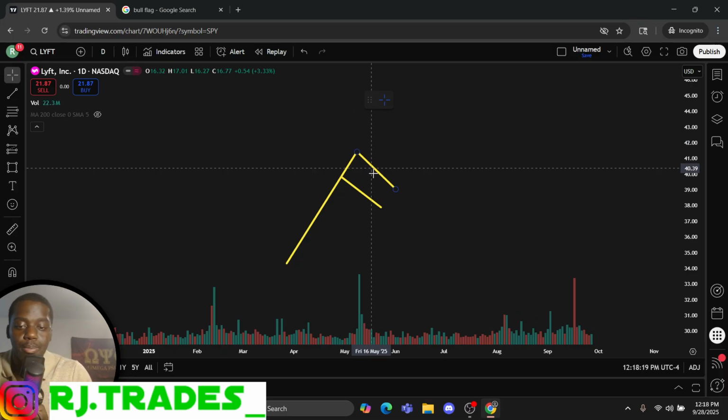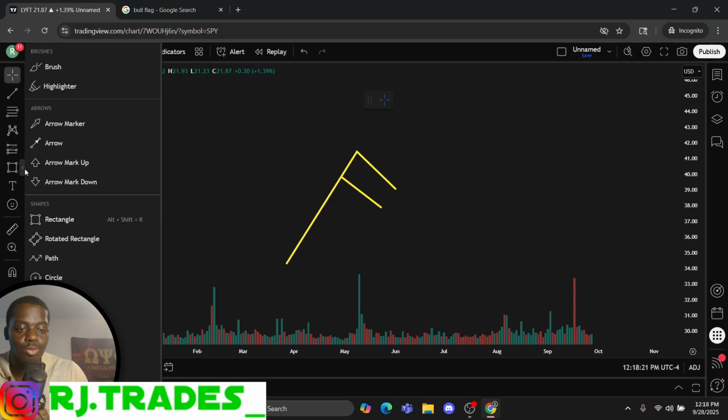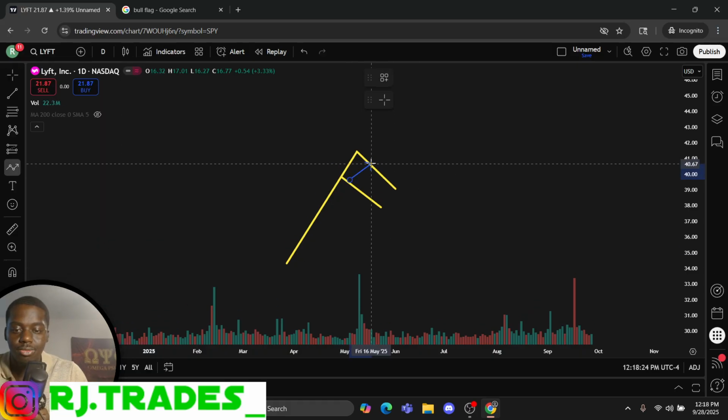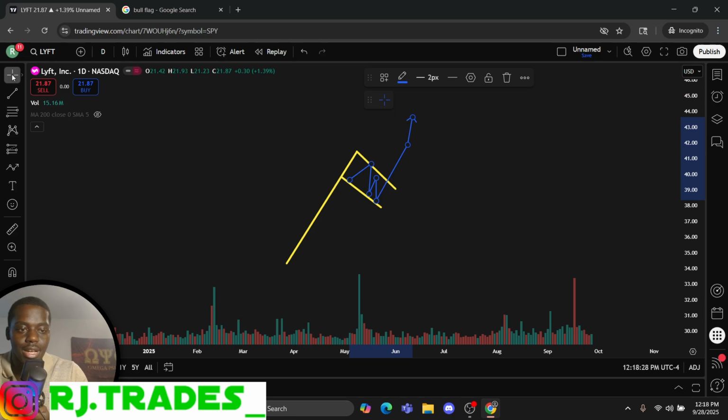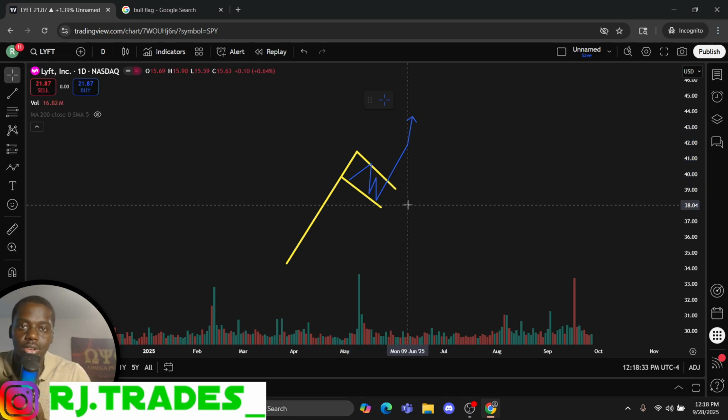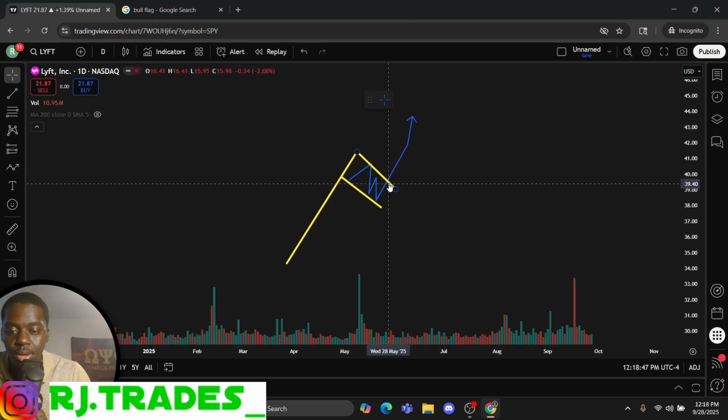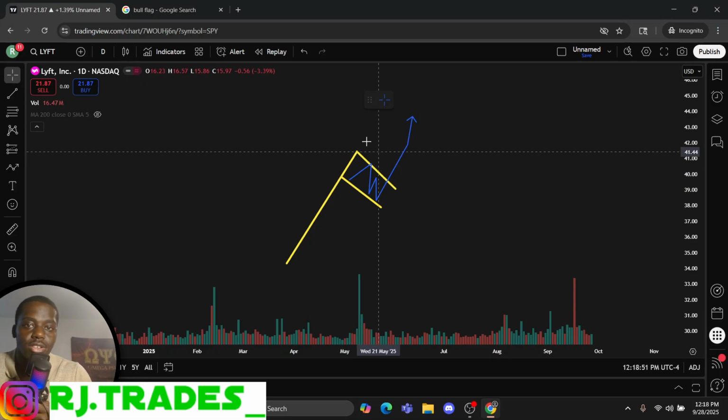All right. When it pulls back, the place that you are really mainly looking to enter is right at the breakout point, right? Right at the breakout point. Because remember what I said earlier, your trend lines can act as a level. It can act as a support and resistance. So a lot of times when it breaks from that trend line that it was having trouble breaking, it's going to go. All right. So you're looking to enter the bull flag when it breaks out and you are targeting your next level.